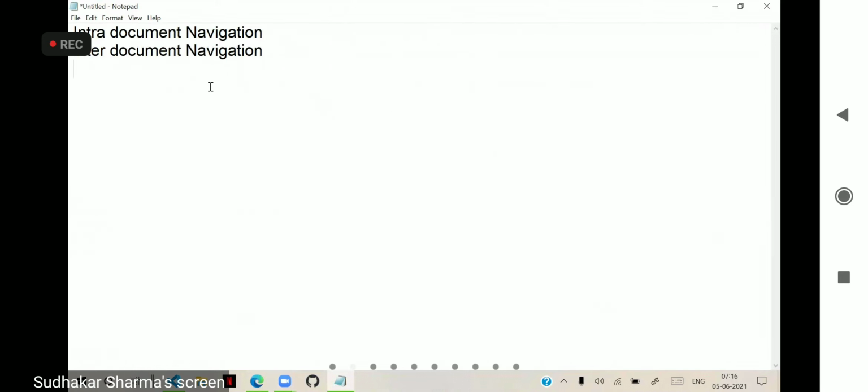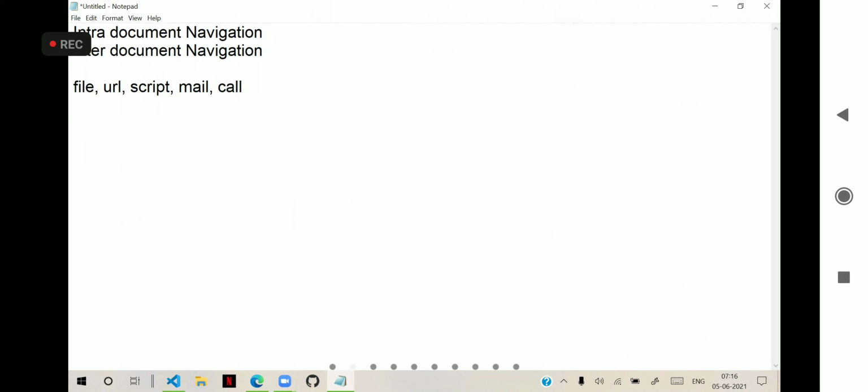Actually, inter-document navigation allows you to navigate to any file or any URL, or it can be to a script, to mail, or to some call.